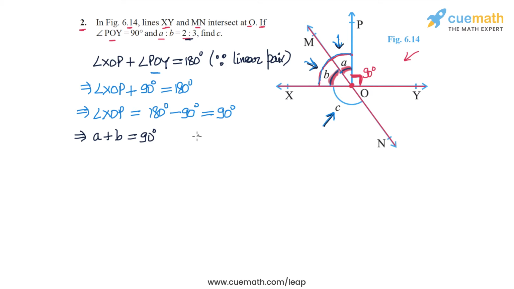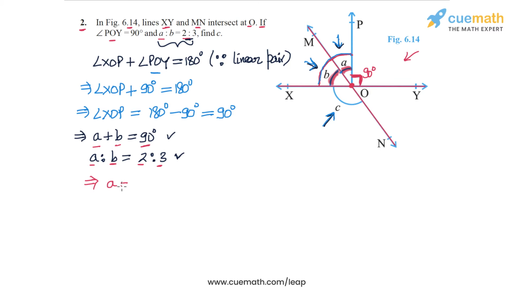We also know that A is to B is 2:3. This is given to us. This is given as a fact to us. So from the fact that A plus B is 90 degrees and from the fact that A is to B is 2:3, we can easily find A and B separately. And to do that, we observe that because A is to B is 2:3, and the sum of A and B is 90 degrees,